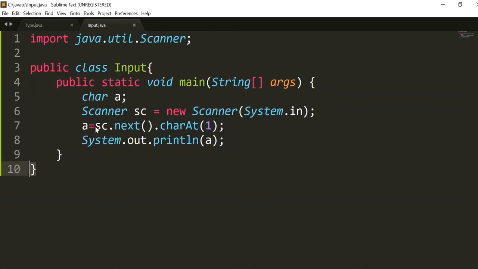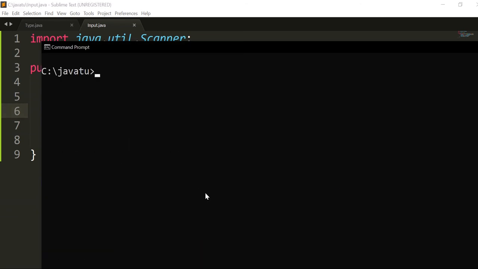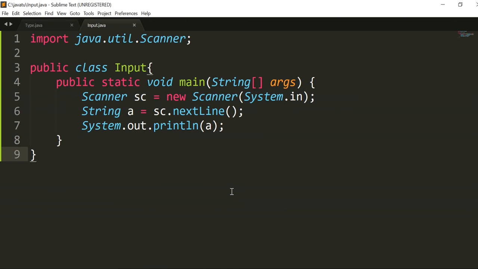Now let's see how to use a string in Java, how to take input as a string. Remove that line of code and define it in a single line, don't use one extra line, and here use just nextLine, and remove that piece of code and save the file and open the command line prompt, clear the screen and compile it and run the file, and write the code again. You can type your name, save the file. Yes, this is the correct output, and that's all for the video.